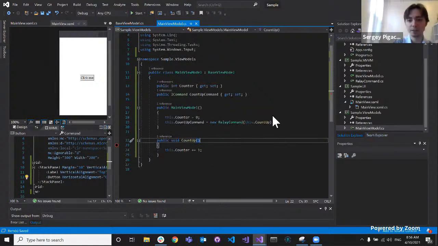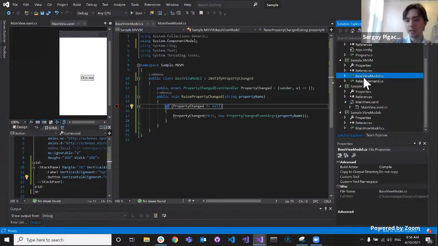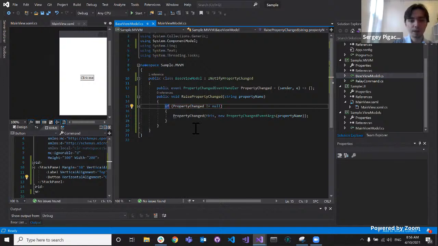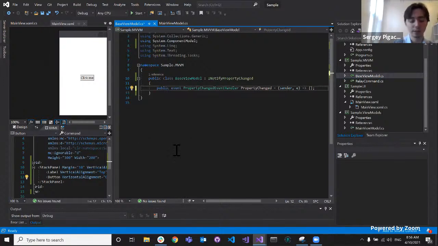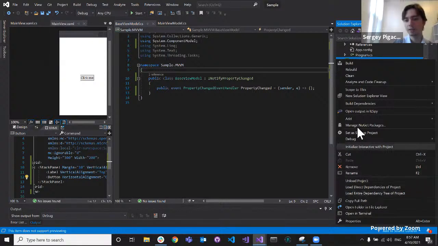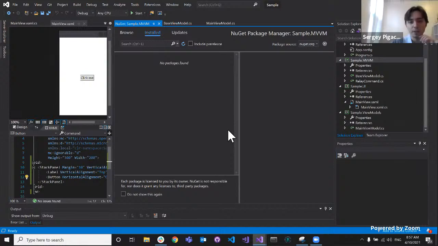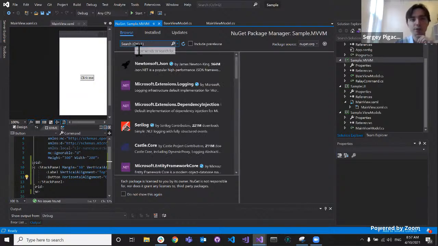There's a library that we can use called Fody. So what we're going to do is I'm going to come here, and I'm going to delete this raise property changed method because we're not going to need this. And I'm going to right click on the project and go to manage NuGet packages. It's going to bring up NuGet sometime this decade. And if we go to browse and search for Fody,